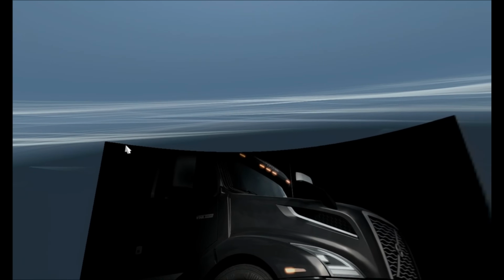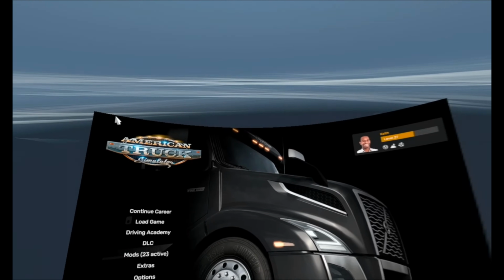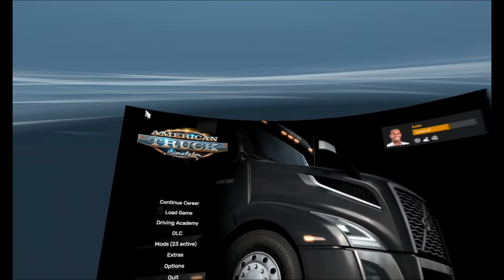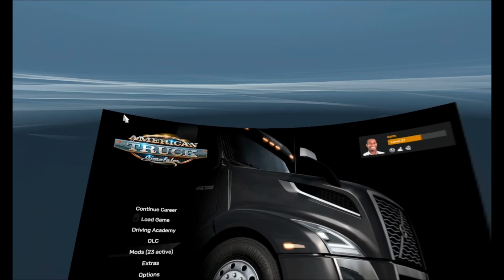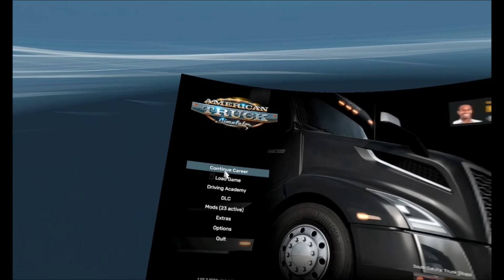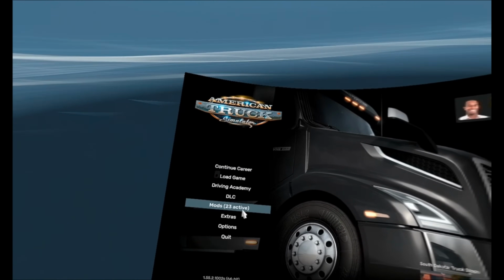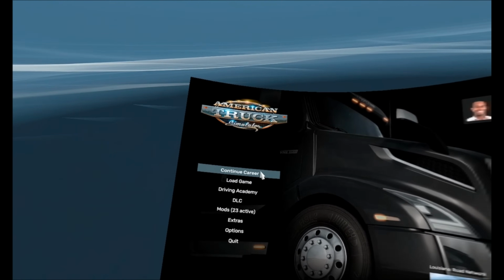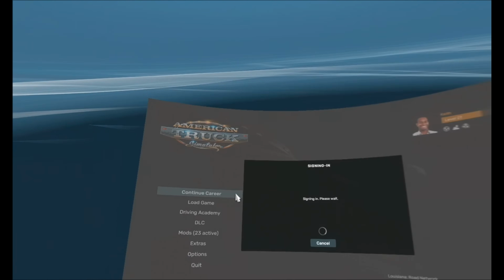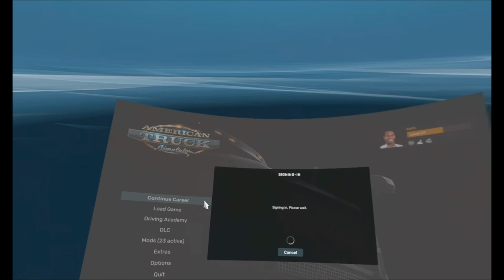Instantly, we go to VR. Now, it's not instant. It'll go through your other scenes and stuff. I have my American Truck Simulator on Steam set so it goes straight to here. It bypasses the other screens and everything. I have a bunch of mods on there already, nothing too crazy. I probably could download some different mods, but